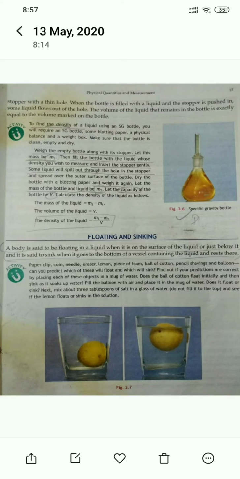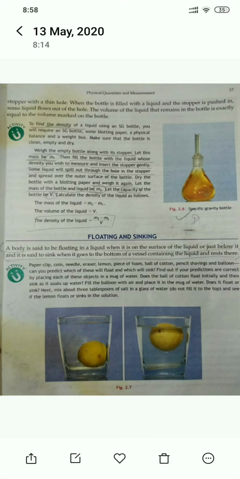There are certain observations. Say you are using a ball of cotton. You can try this at home. When you put a ball of cotton in water, initially it floats, but gradually as it absorbs water, it sinks. Once it has absorbed water, it sinks into water. So why does this happen? Why is the cotton initially floating and, after absorbing water, it sinks? We have to find this out.